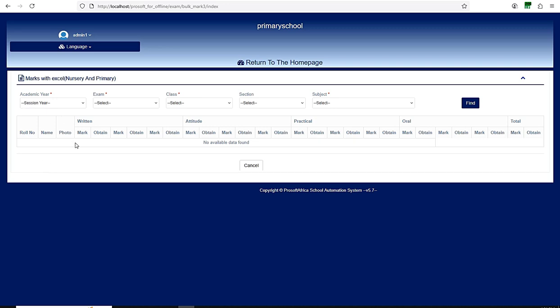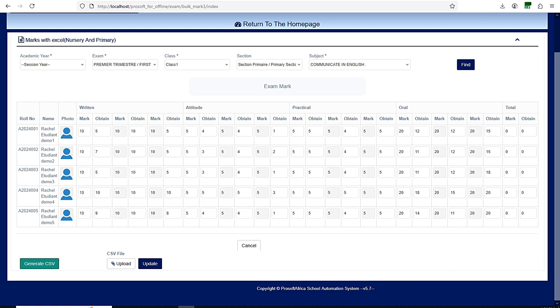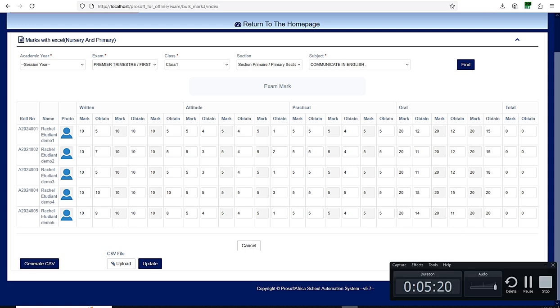Okay, to enter marks with Excel, you choose the academic year. It's normally the running academic year that you have to choose. You choose the term that you are entering marks for. We have first term, second term, and third term. When you select your term, any of the terms you choose,